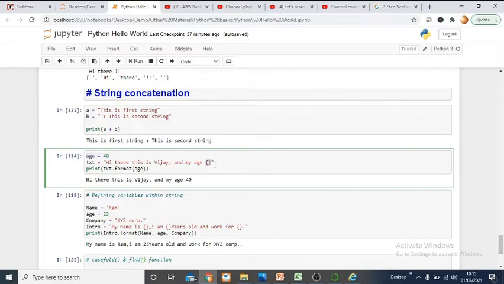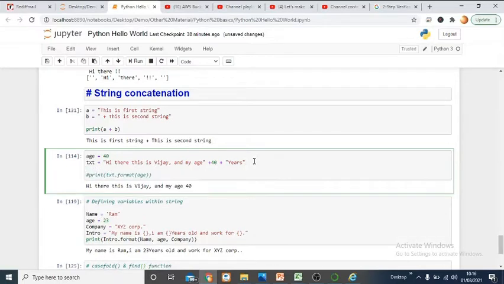If you want to write my age is 40 years, there are two ways. One is using A plus B, and for that you have to use the plus sign, then you have to end the string, then write whatever age you want to mention, and then finally garnish it with the ending quote like this. That will be a little lengthy task whenever you work with longer strings, and it is going to take a lot of time.